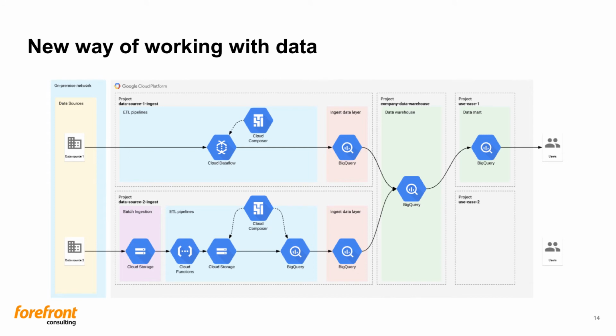Let's say you have this solution. We don't need to get into all details here, but let's say you have identified a way to distribute data from 2 sources out to some users via a company-wide data warehouse. As time passes by, maybe you identify another use case and want to distribute data to another group of users. Starting from the right here, you can look into your data warehouse to see if you already have the data you need. If you do, you can take what you need and do the calculations and transformations you need and then distribute the data. If you don't, you need to figure out what data you need and how you can integrate that new data. Let's say you need to integrate yet another data source.